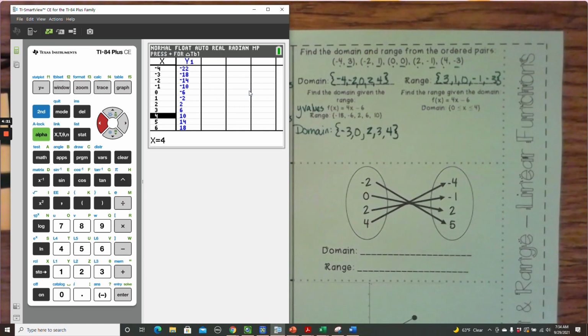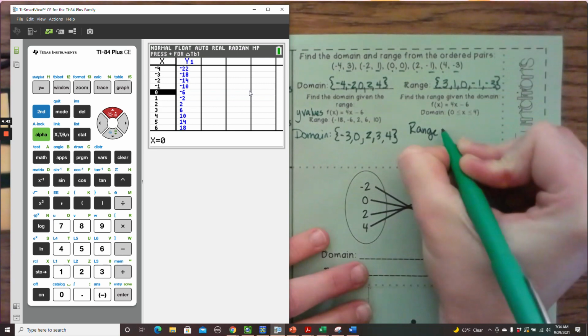It's the same equation, so I don't have to change anything in the calculator, but the domain, the x values are x is greater than or equal to 0, so here's 0, and x is less than or equal to 4. So from 0 to 4, that's my domain. So my range,